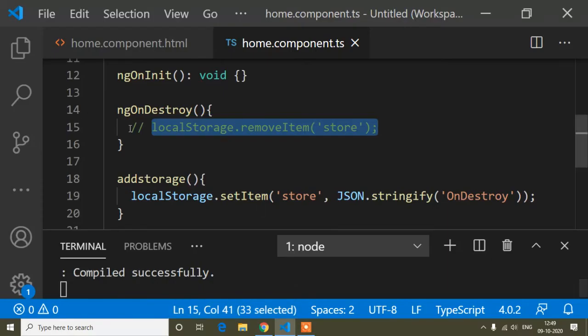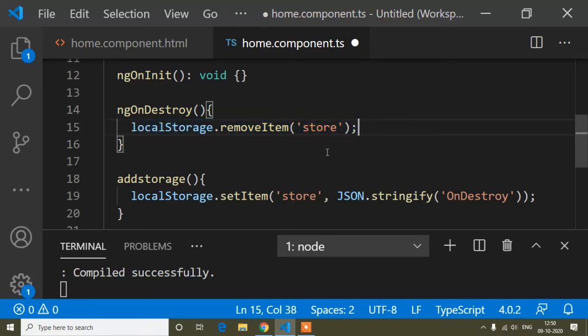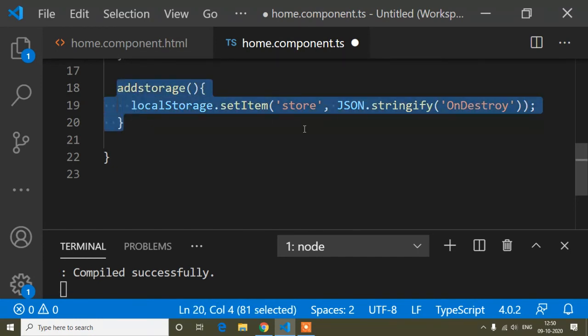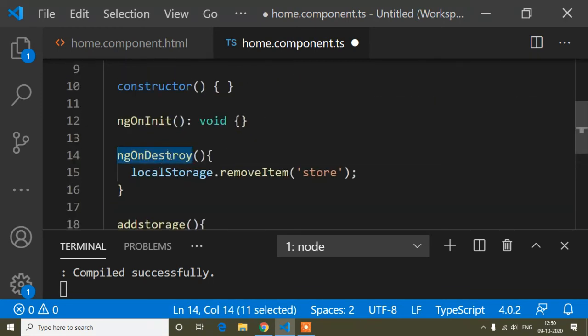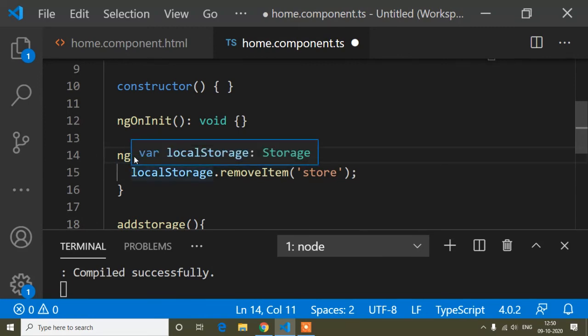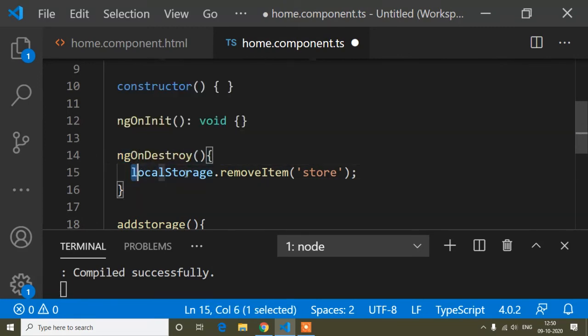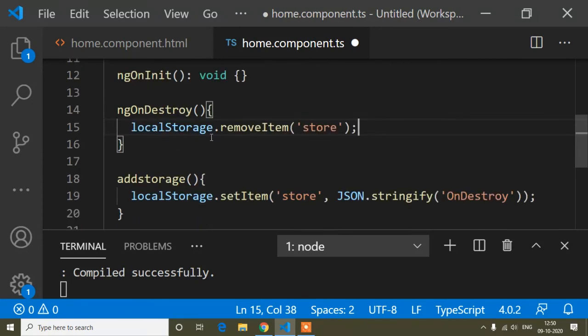So guys, why do we use ngOnDestroy? Angular is a single page application, so if you perform anything in any component, it will also persist in another component. Like here I am setting a local storage value in the home component, and when I go to the about component, it is still stored. But if you write anything inside the ngOnDestroy lifecycle hook, it will be performed only for this component.